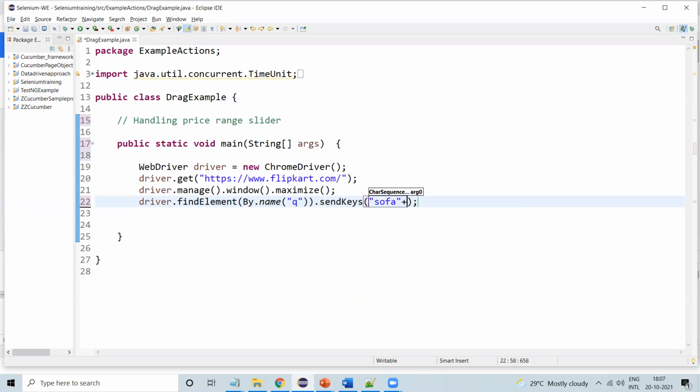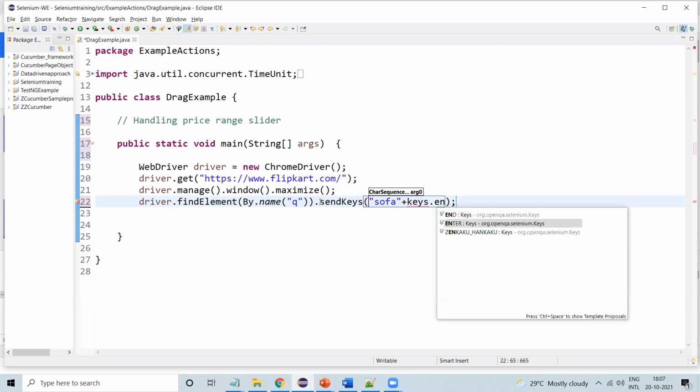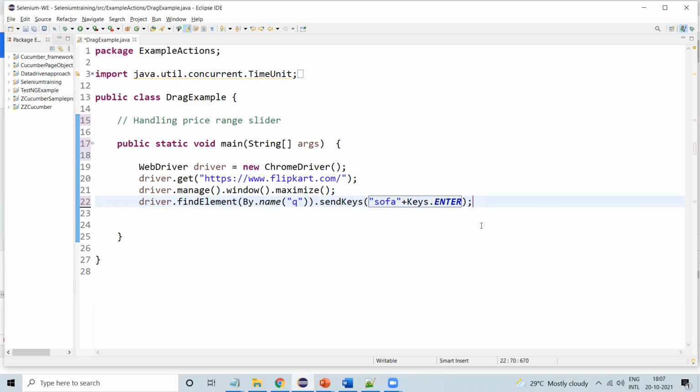Then we need to click enter. For clicking enter, we'll go with Keys.ENTER. So we are entering the keyword and clicking on the enter button. That's what we have done.